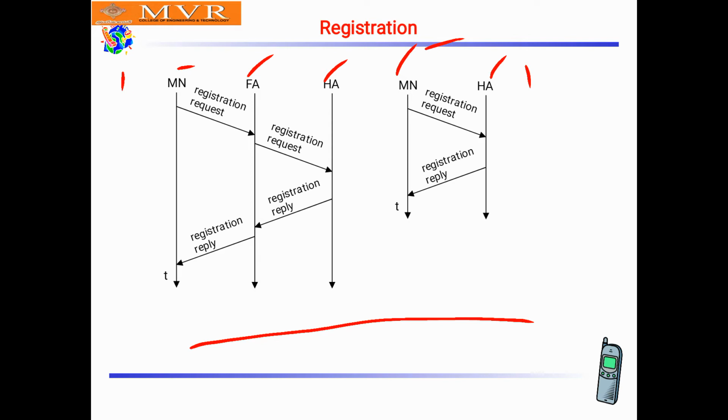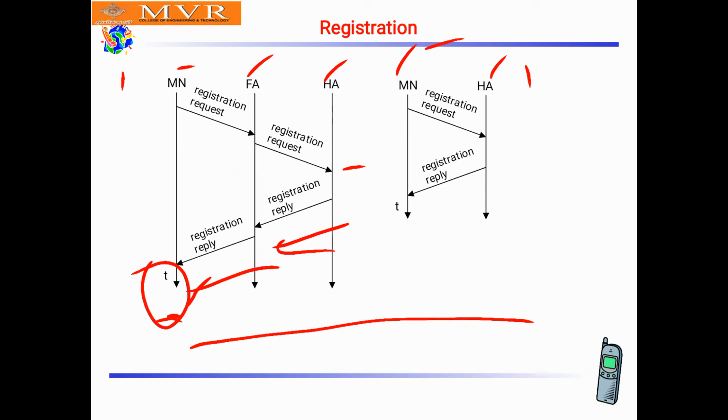The mobile node sends a registration request to the foreign agent. Then the foreign agent sends a request to the home agent. If the HA replies to the foreign agent, then it will be replied to the mobile node. So it is based on time. The response time and the acknowledgement time taken for registration will be calculated as